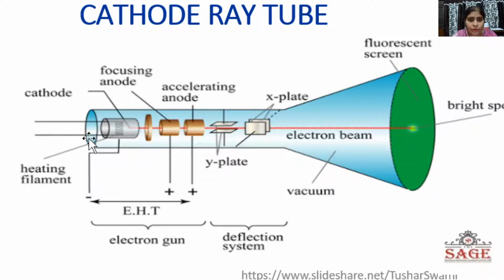So when this filament is heated up, the cathode starts emitting electrons, and the electron beam starts moving at the center of the CRT. But since the accelerating anode and the focusing anode are connected to the positive terminal of the supply, the electrons are attracted and move towards them, and as soon as the electron beam enters the deflection system field, the electron experiences a force and starts moving in the vertical as well as the horizontal direction and strikes different positions on the screen. The electron gives energy to the phosphor atoms, and the phosphor atoms display the waveform. In this manner, the cathode ray tube works.